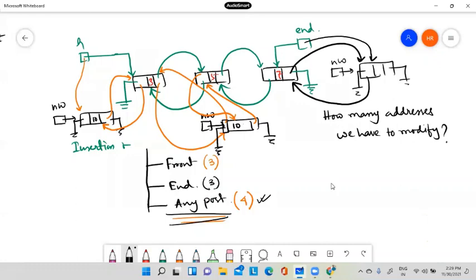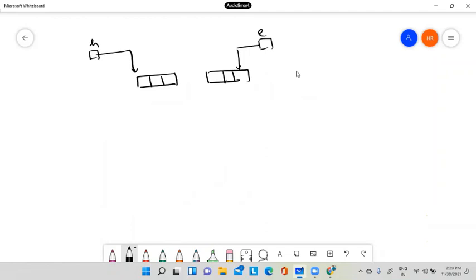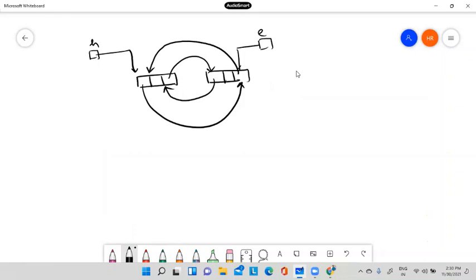See, if it is a circular linked list like this, I'm drawing a 2 node structure. This is the head, okay, and this is the end. Then this is pointing to this, this is pointing to this, this is pointing to this, and this is pointing to this. Now I am adding a new node, this one.